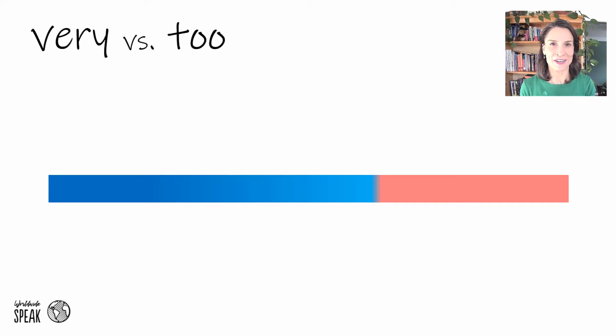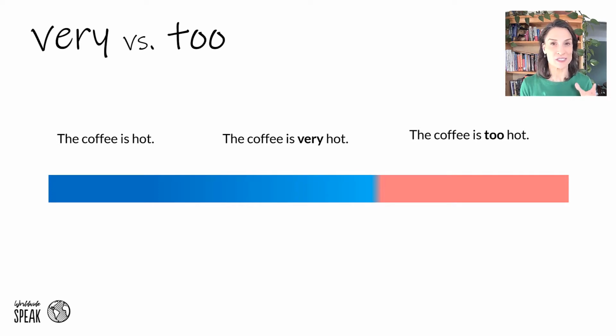So let's look at it another way. Here I might just say the coffee is hot. I want to emphasize that, so I can say the coffee is very hot. When I say the coffee is too hot, now it's like it has crossed some kind of line in my mind maybe, and it is not possible to drink it because the quality hot has just crossed this line. It's excessive now, and I use the word too to express that. It is too hot. I can't drink it.